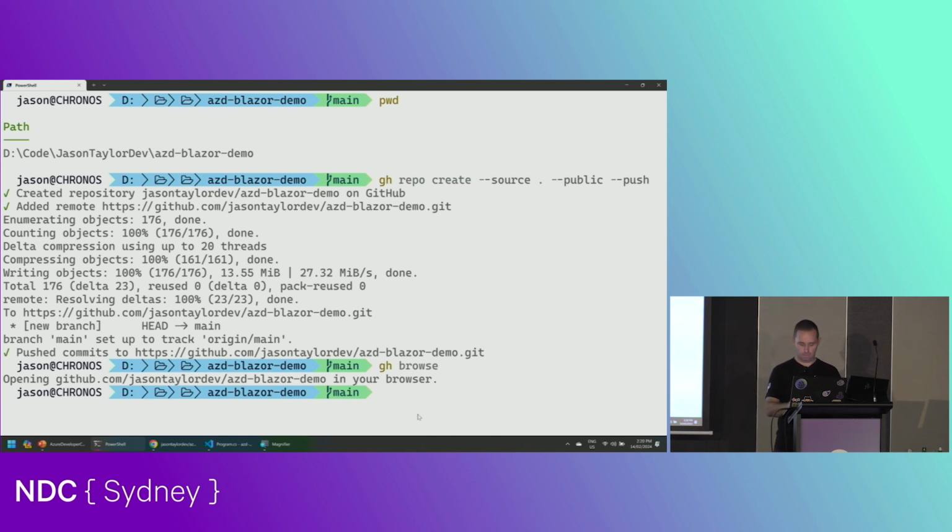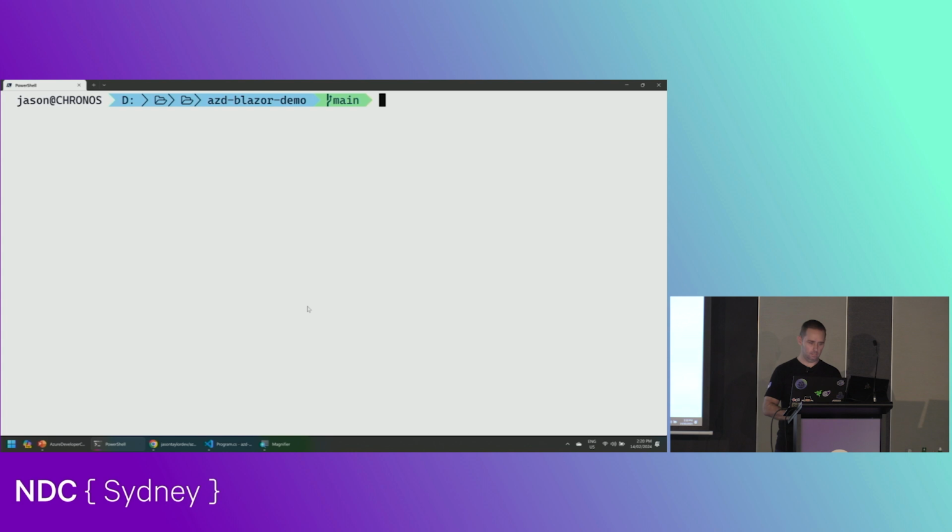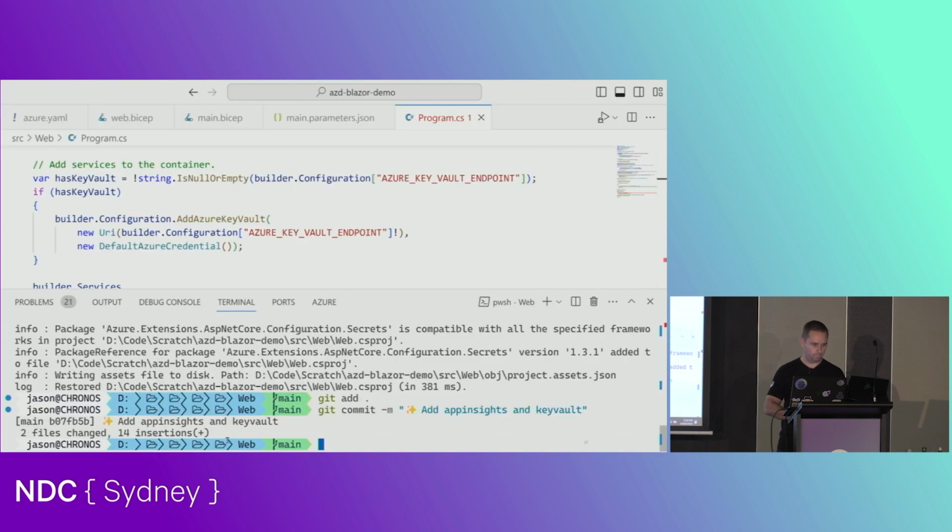Okay, so we've got a repo, and we've committed the changes, and we want to essentially set up our pipeline as code. And as we know, we've got out of the box some sample pipelines as code for GitHub Actions and for Azure DevOps. So if we go in and have a look at those,